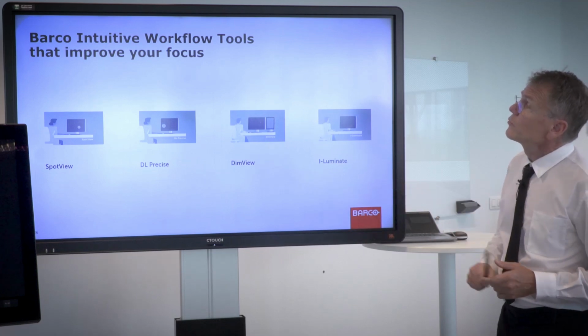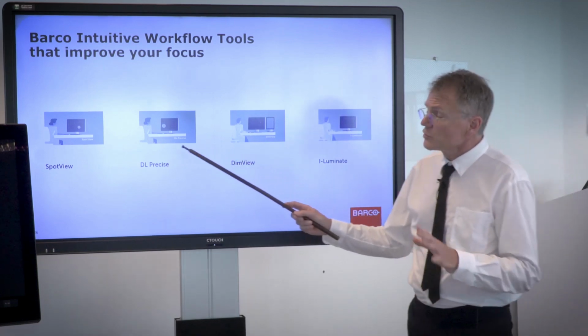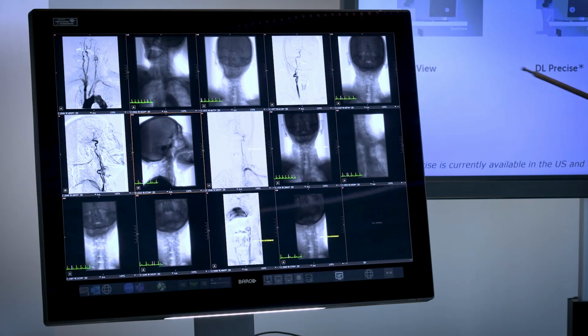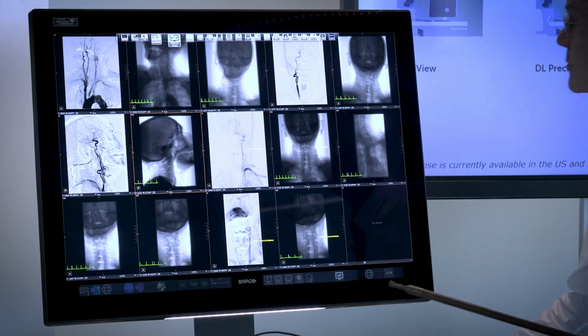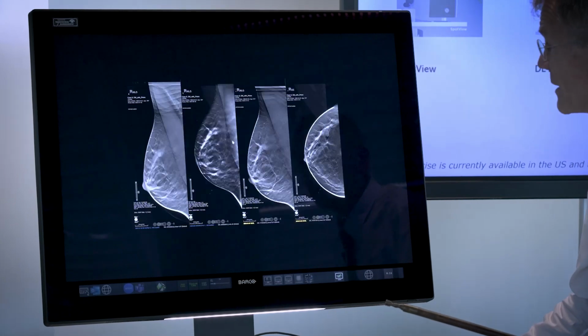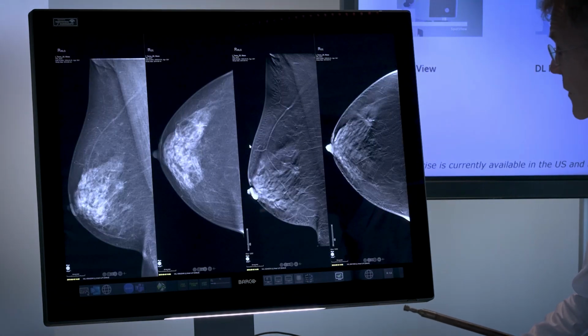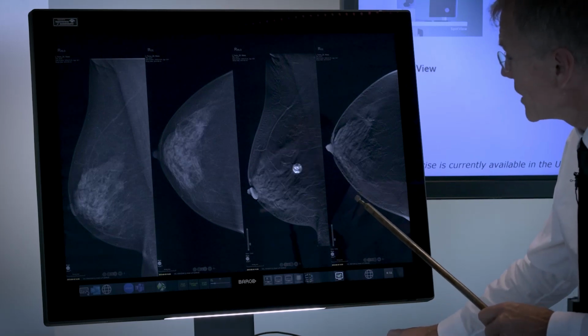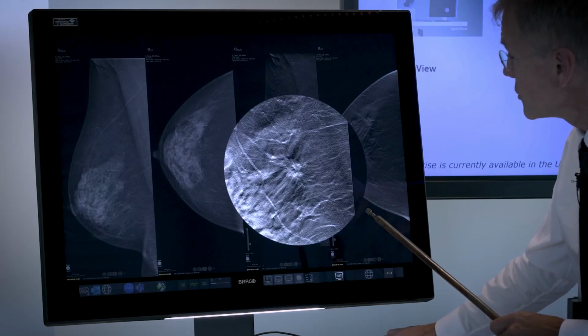The Barco intuitive workflow tools, there's quite a number of these, but I'm just going to go through a couple that are very popular. The first one is Spot View, and if I just bring up again a typical picture here, this is where you have something where I can turn on this spot, I can change the size of it, I can use it to zoom.